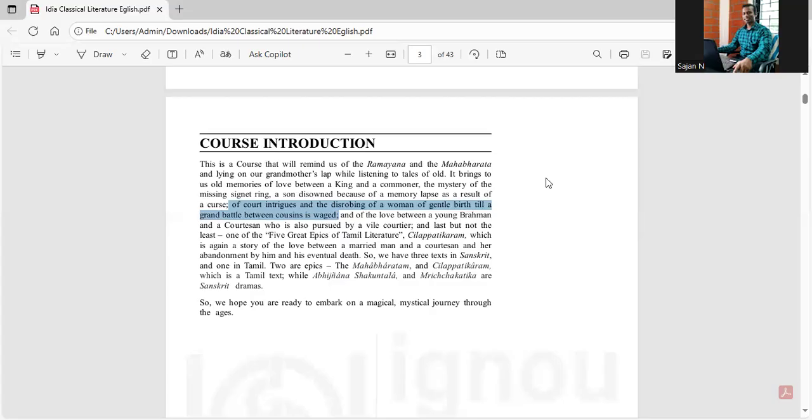Anyway, these are the two branches of the Kuru dynasty. Who all are there? The Pandavas and the Kauravas. In the Pandavas come Yudhishthira, Bhima, Arjuna, Nakula, and Sahadeva. Five people. And the Kauravas are led by Duryodhana and his brothers. The count of the brothers is